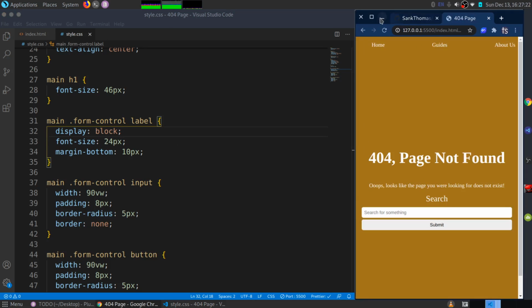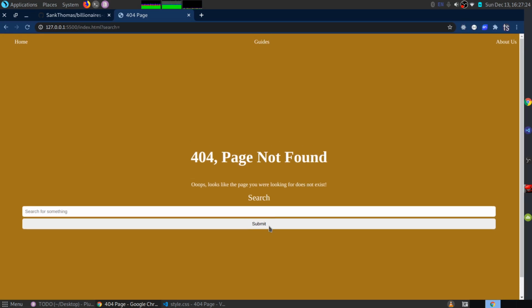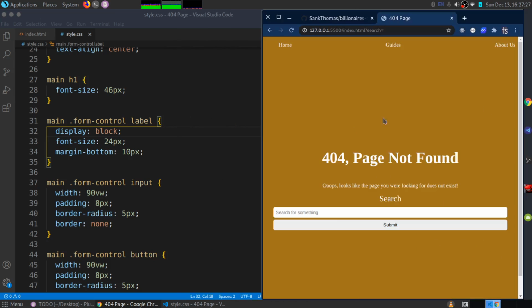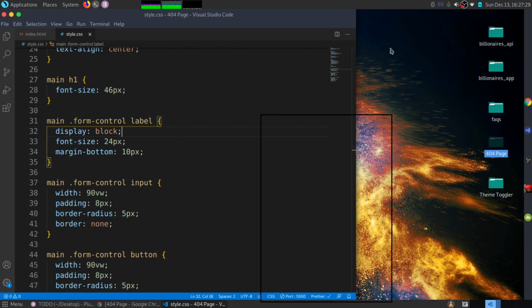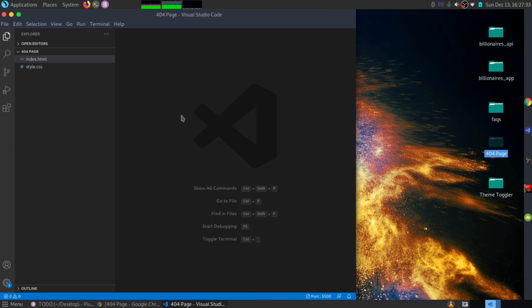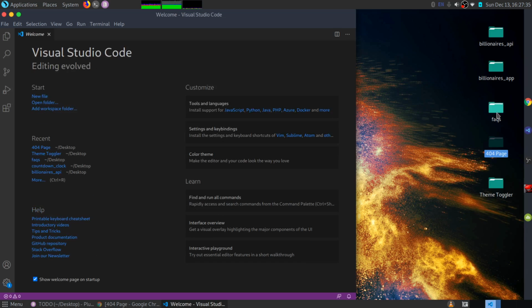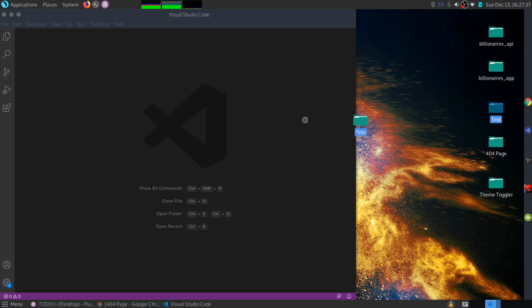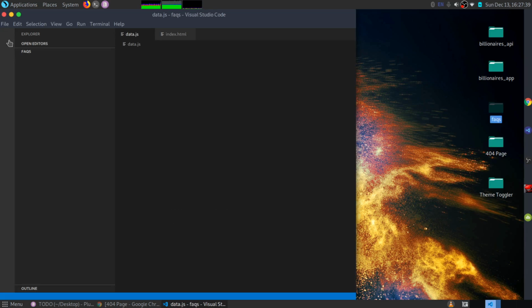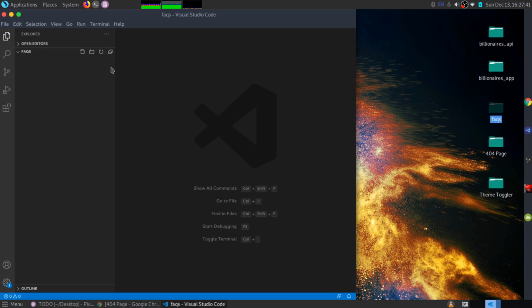It's looking nice, even on bigger widths, really. So we can move on ahead and we can begin to work on our FAQs page. For the FAQs page, I'm going to do something very cheesy. I'm not going to use JavaScript. I'm going to show you how to do that using HTML with a tag that is not very well known